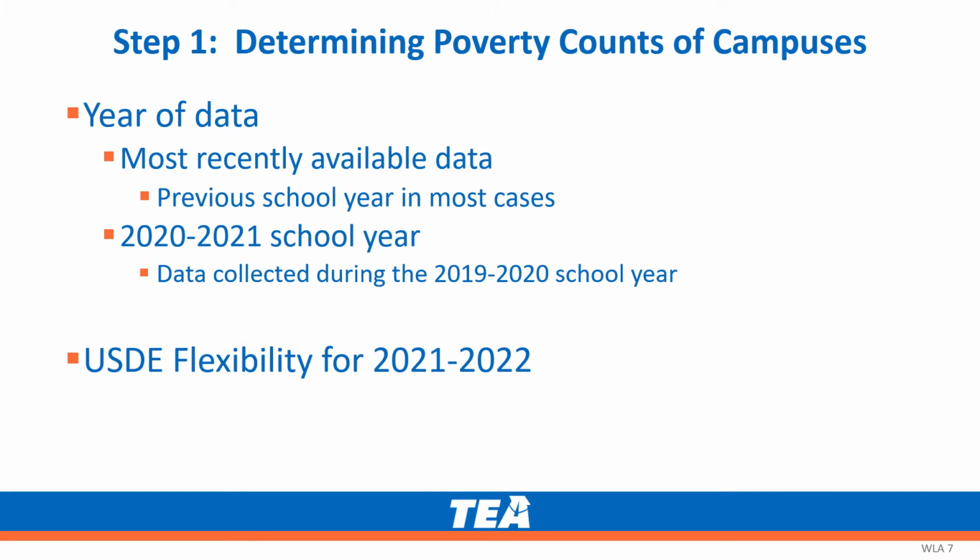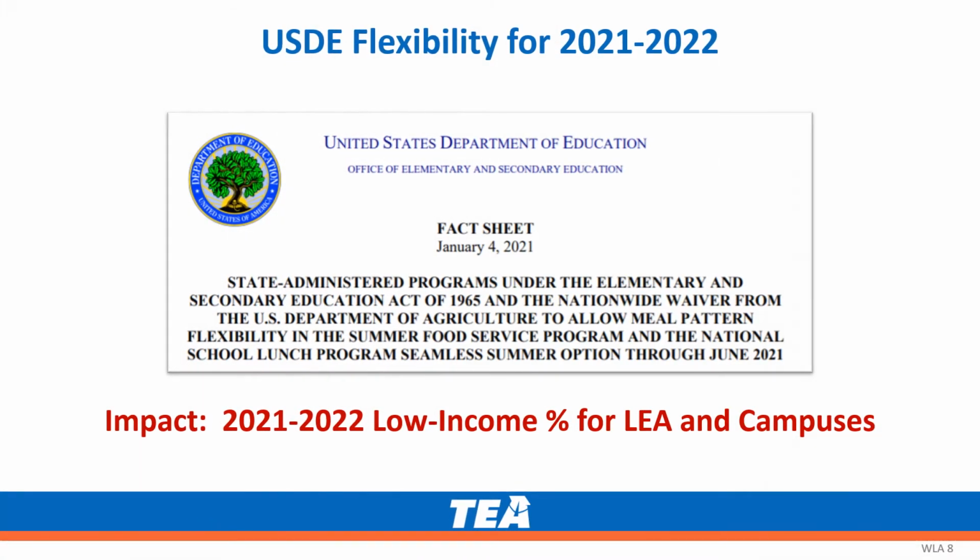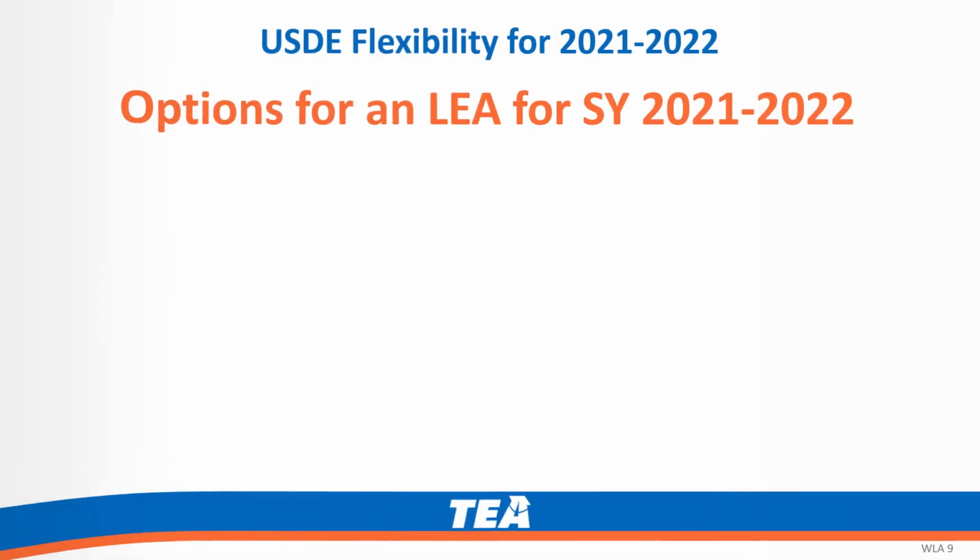Based on this, the USDE released a fact sheet with some flexibility as it relates to the year of data for the 2021-2022 school year. The fact sheet was released by the U.S. Department of Education on January 4th, 2021. We will now take a look at the flexibility being offered as it relates to options for an LEA for school year